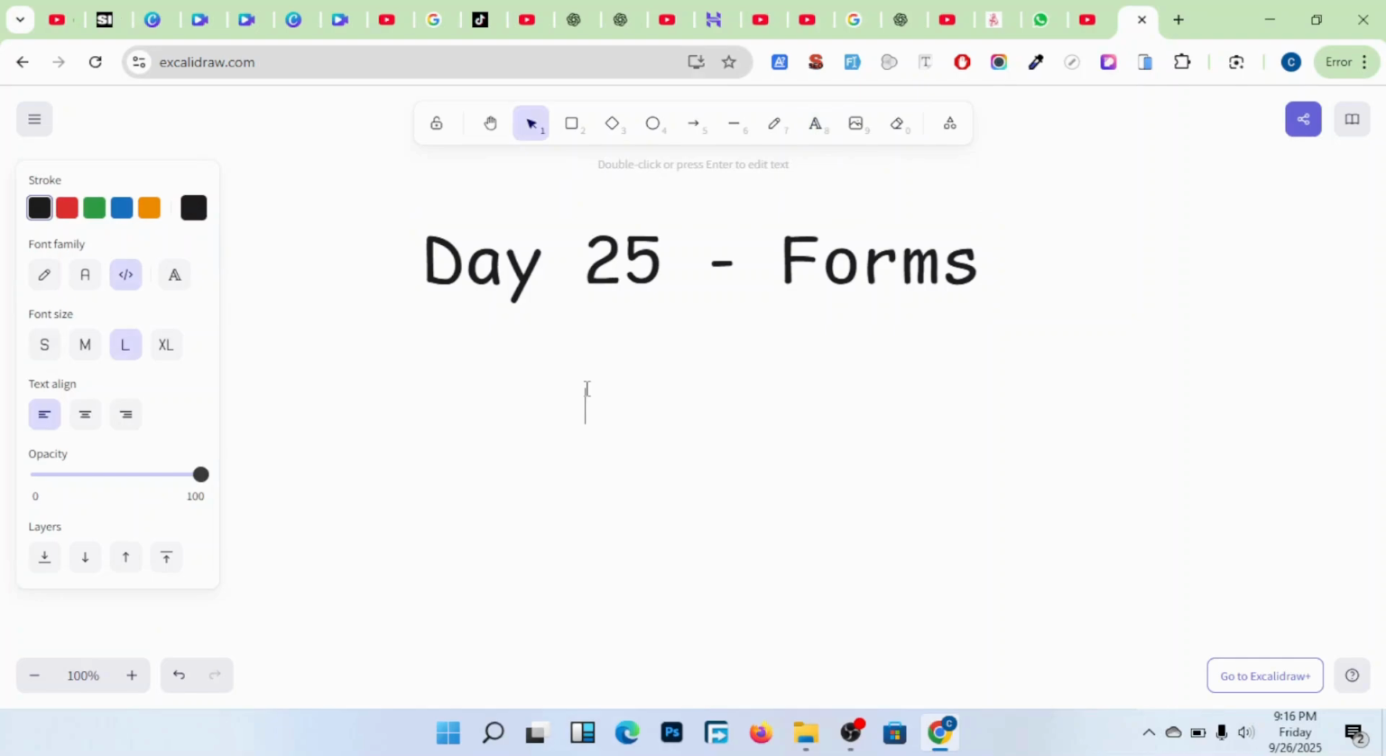a brief recap of what we covered in yesterday's class. Yesterday was day 24 of our development course, and yesterday we learned about CSS variables. So these CSS variables we learned about